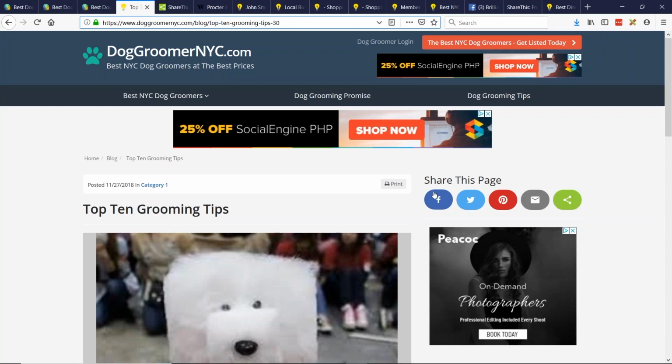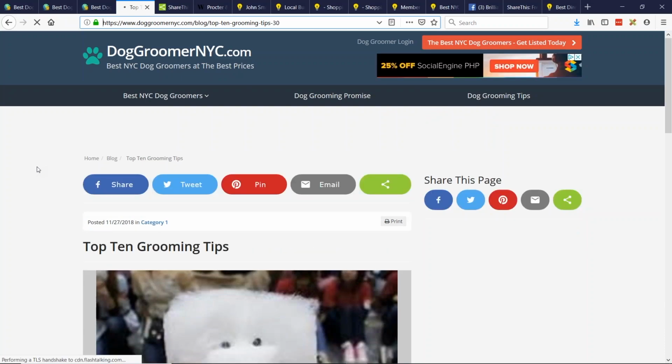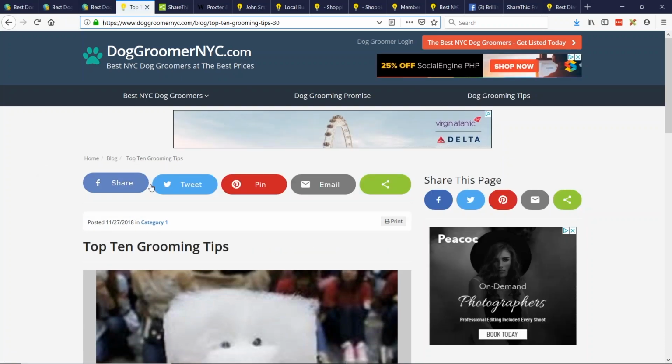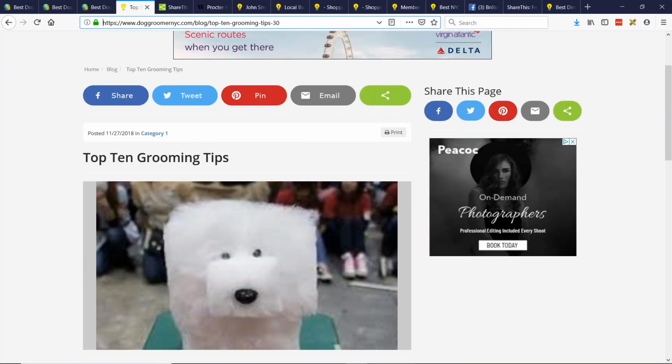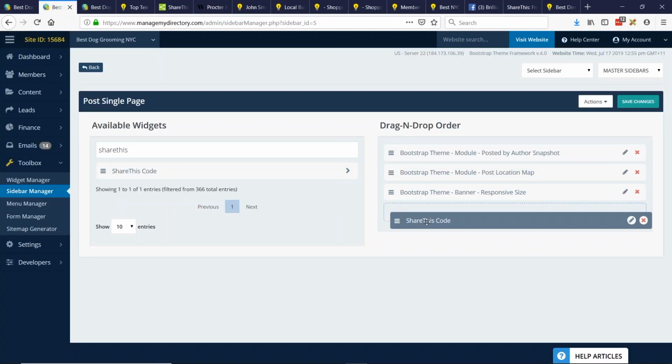And we're probably going to see share button overload here because it's also in the sidebar, but let's refresh the page. Great. So you can have the share buttons here at the top or in the sidebar. What probably would make sense is maybe you want to move the share code further down